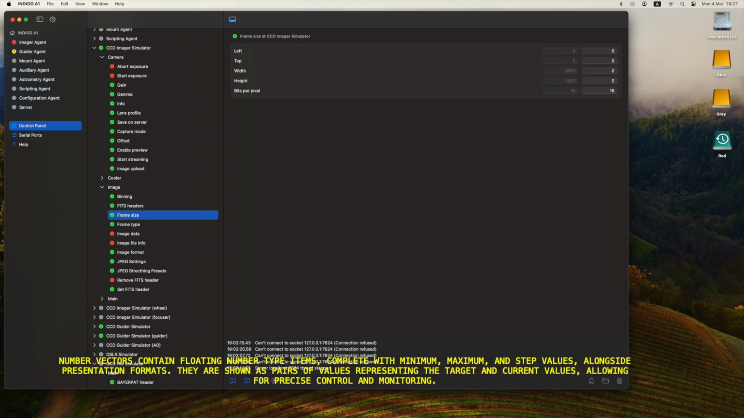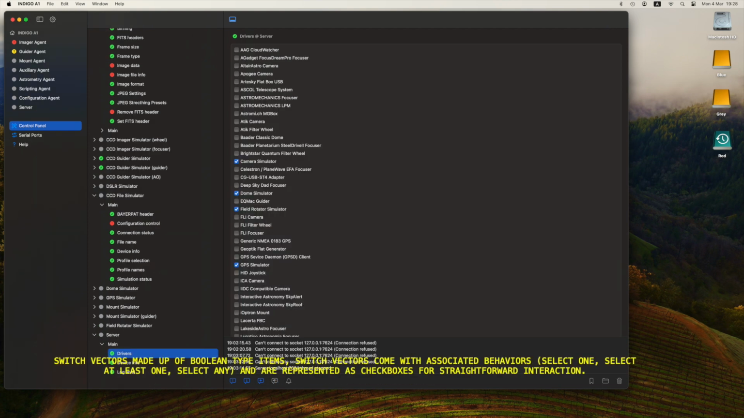Number vectors contain floating number type items, complete with minimum, maximum, and step values, alongside presentation formats. They are shown as pairs of values representing the target and current values, allowing for precise control and monitoring. Switch vectors made up of Boolean type items. Switch vectors come with associated behaviors: select one, select at least one, select any, and are represented as checkboxes for